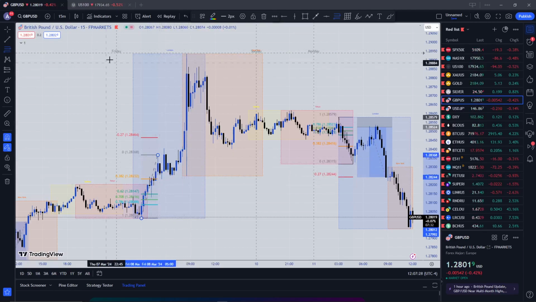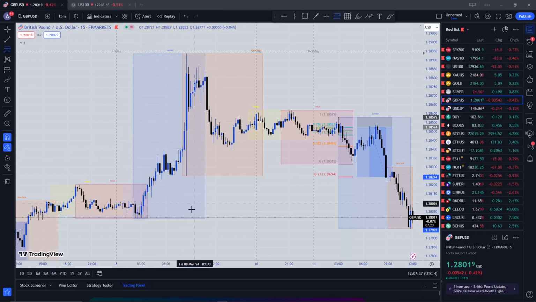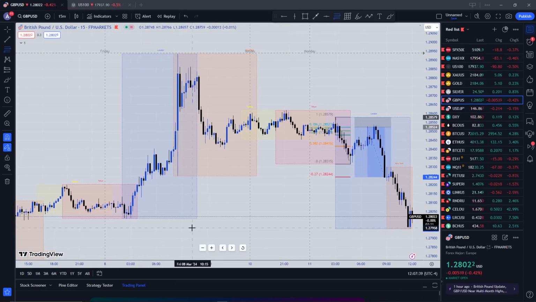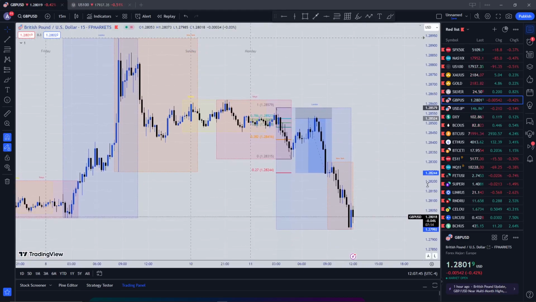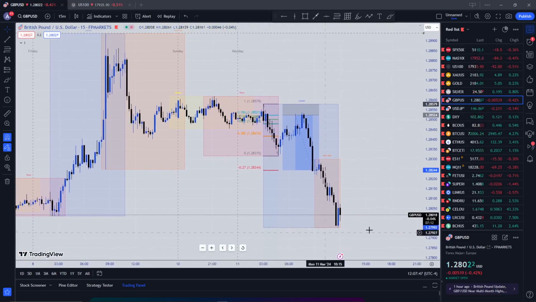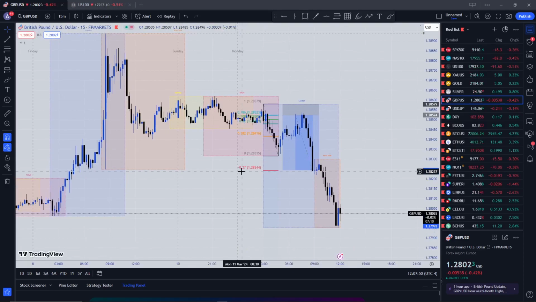Either way, I like to see what price is doing anyway. Because if you can learn from price action, that's a win. If you learn and make money, that's a double win. And if you learn and you lose something, that's still a win, if you ask me, because you learn something, so you can maybe not lose next time. But yeah, anyway, done with that.